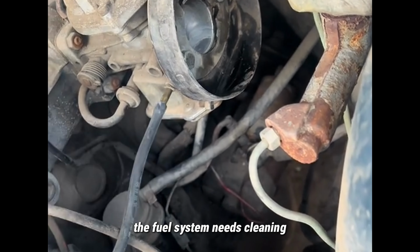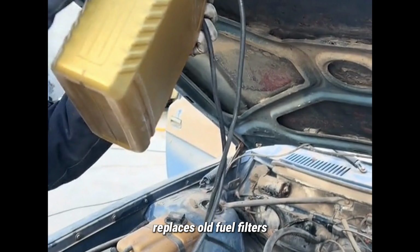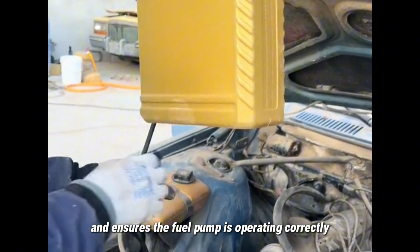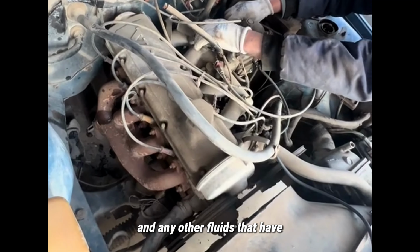The fuel system needs cleaning, and John methodically flushes the fuel lines, replaces old fuel filters, and ensures the fuel pump is operating correctly. He also replaces the antifreeze and any other fluids that have